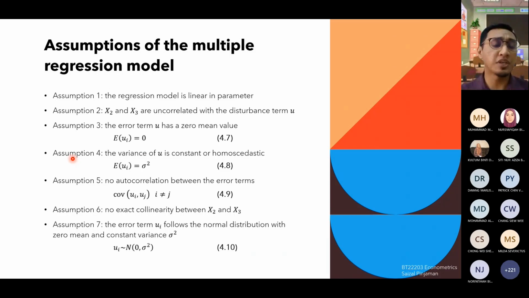The reason why we need assumption number 7 is because when we conduct the hypothesis testing, we need to ensure that the explanatory variables themselves follow a normal distribution. How do we know that they follow a normal distribution? It is because the error terms follow a normal distribution. Only then will we be able to conduct the hypothesis testing, by assuming that the explanatory variable follows the normal distribution. But remember,